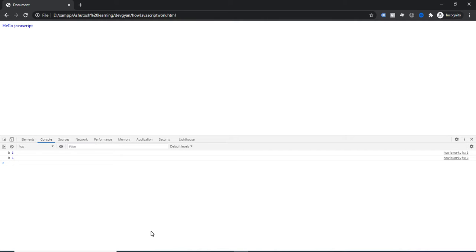So the JS engine will handle the execution part. So you understand that the browser has the JS engine inside it, and also some other stuff is available. What is the other stuff? The other stuff is a console tab.